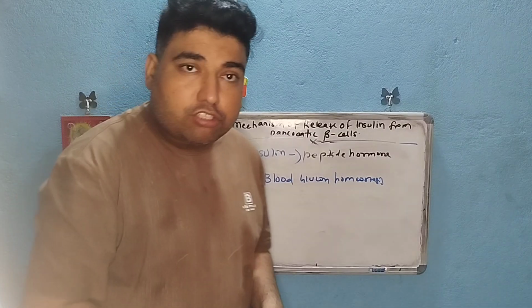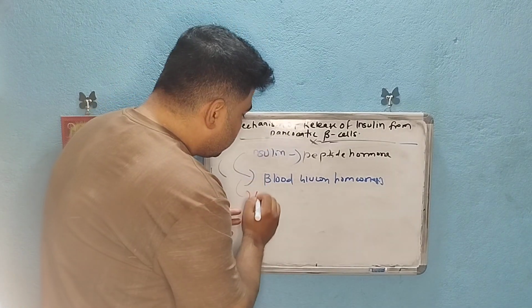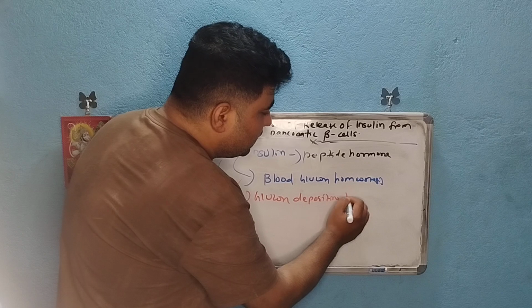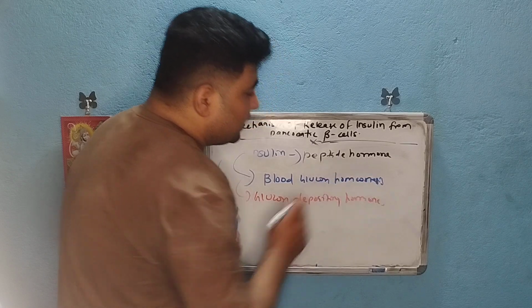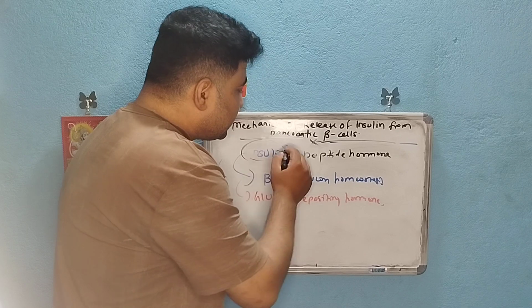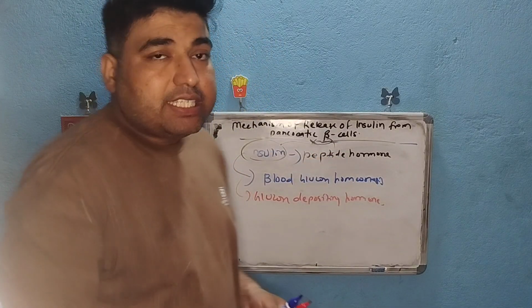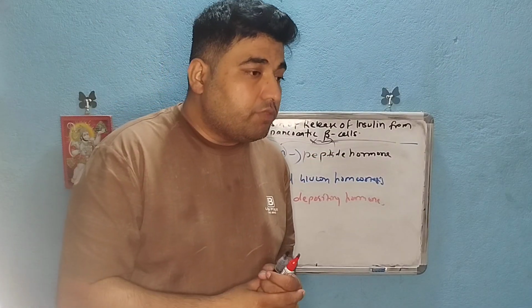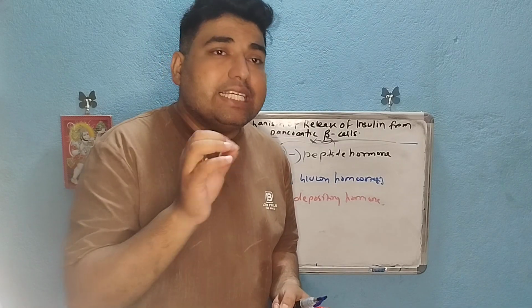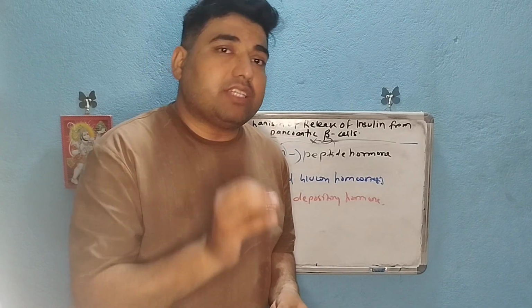It is also called the glucose depositing hormone. This insulin is secreted from the pancreatic beta cells. So in this video we'll be talking about the factor that causes the release of insulin from the pancreatic